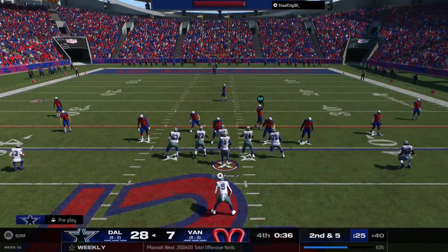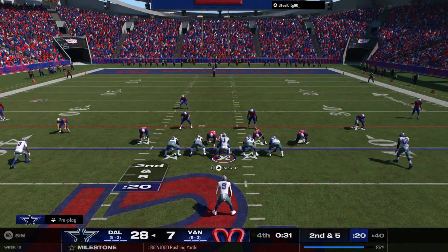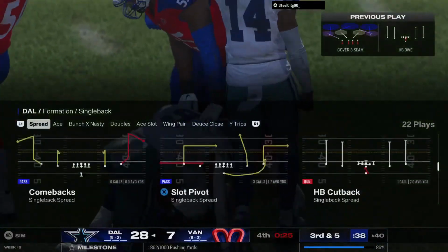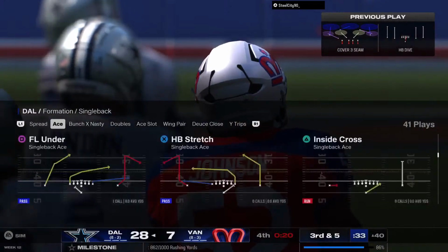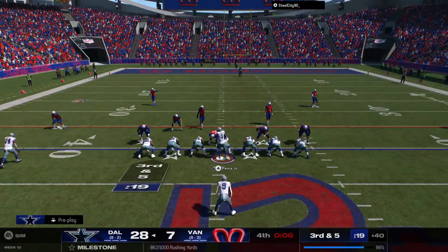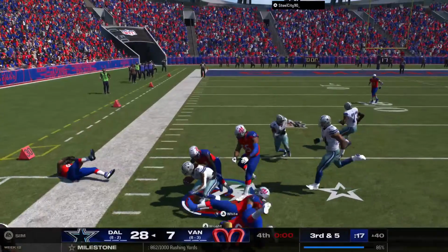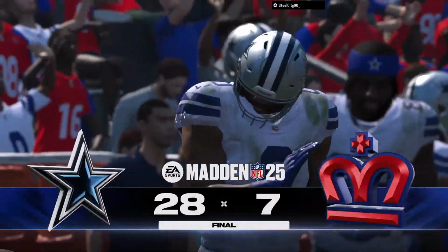A humble 5 to 6 yard gain on the ground. Not a huge gain, not a game-changing play by any means, but one that keeps you on schedule and takes some of the starch out of that front 7. And he fought the good fight there just to make it back to the line. No gain on the play, and it leaves them with 3rd and 5. When you rush the passer, it's kind of like tracking down a runner. That same pass, same athleticism comes to life. He looked pretty good hunting his prey right there. He's tackled with the first down yardage. So the Cowboys come in and take